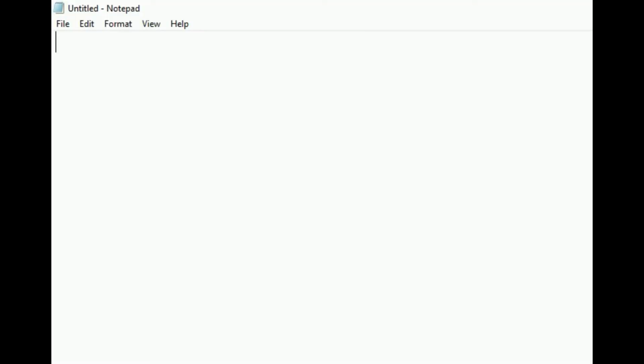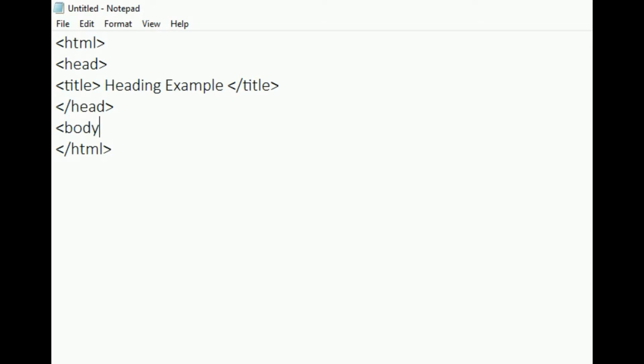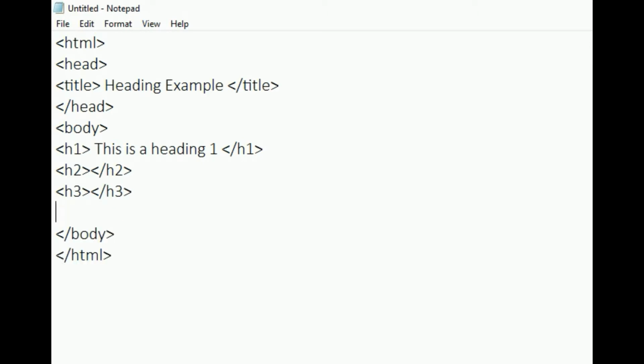Example: <html> <head> <title>Heading</title> </head> <body> <h1>This is heading 1</h1> <h2>This is heading 2</h2> <h3>This is heading 3</h3> <h4>This is heading 4</h4>